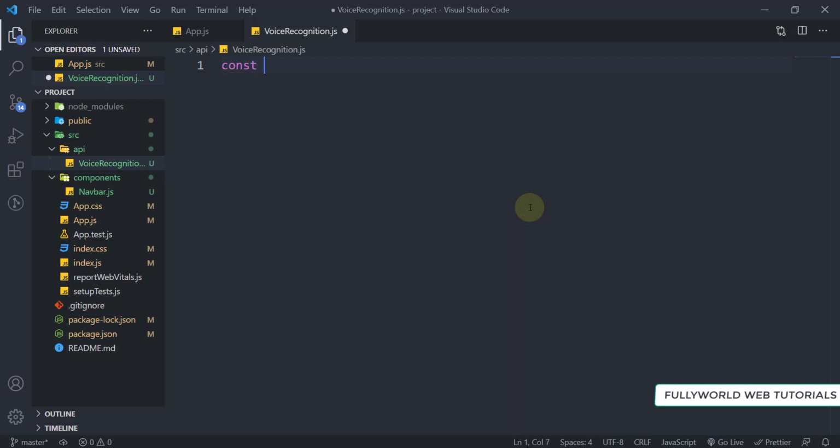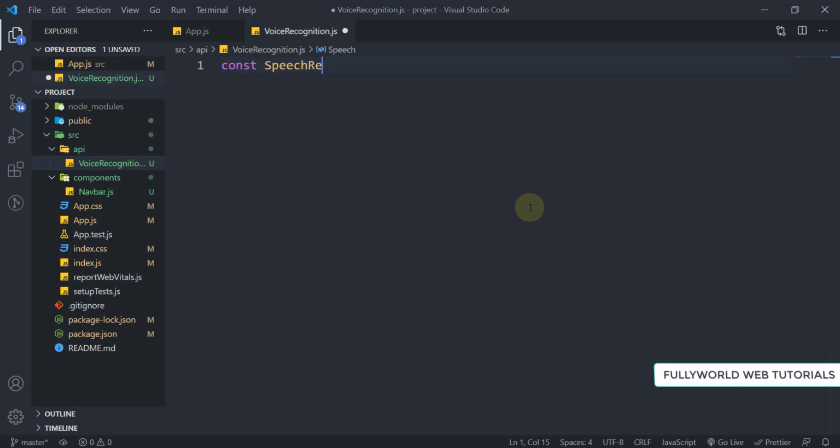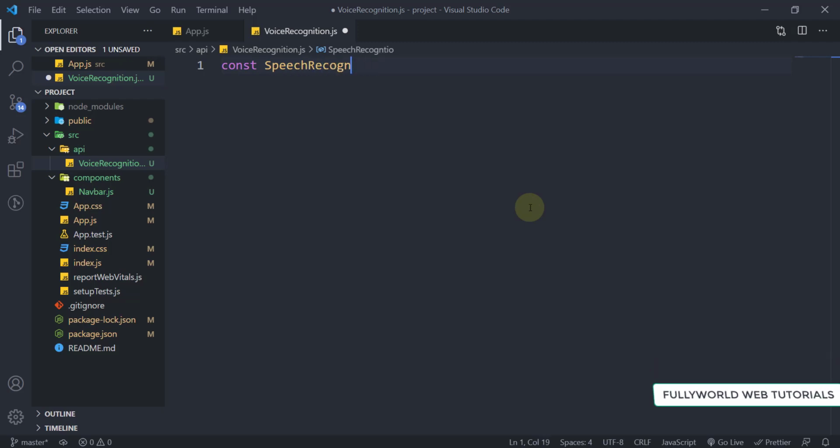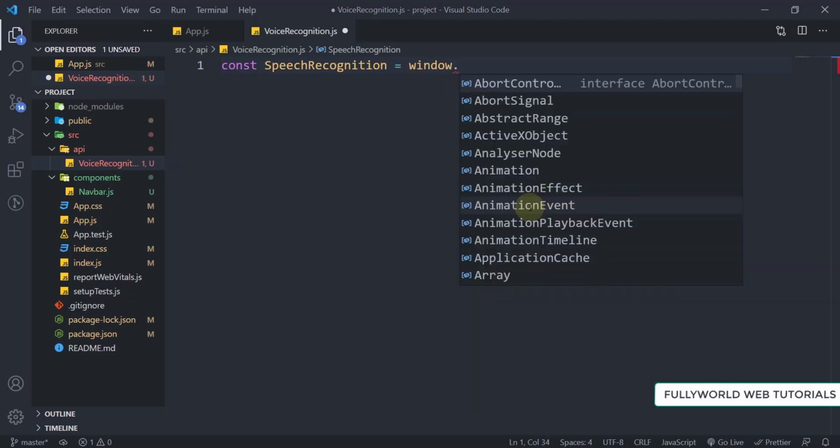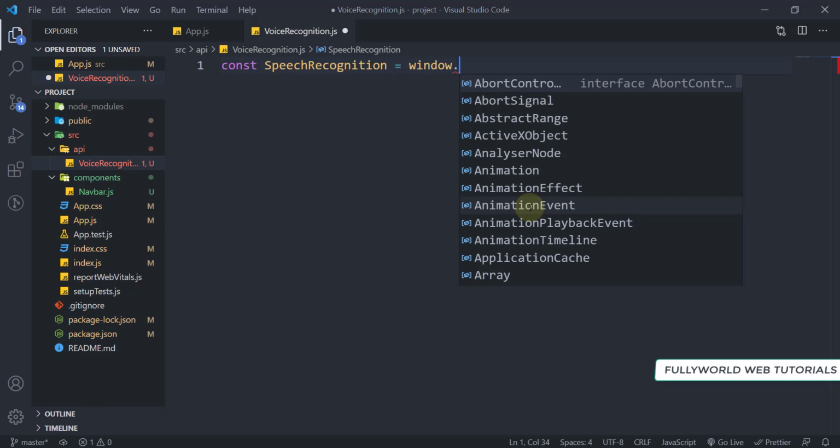So first of all, let's create its recognition class here. I'm creating one variable that will be our SpeechRecognition, and here window dot, because everything we are doing in window here.